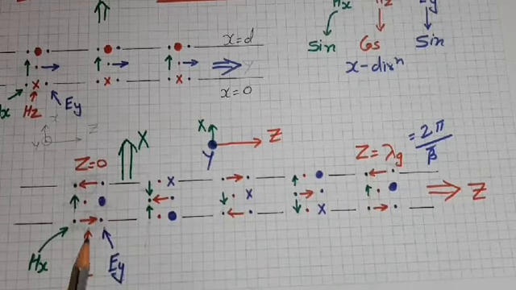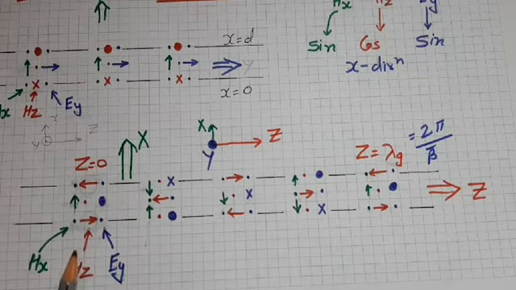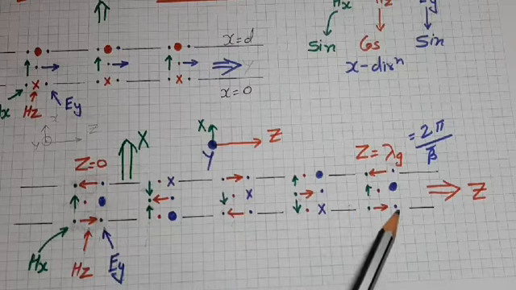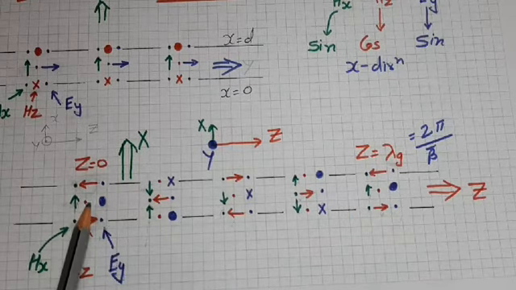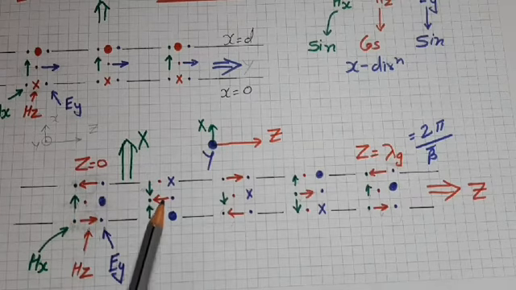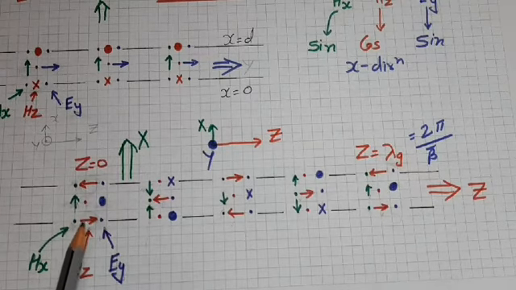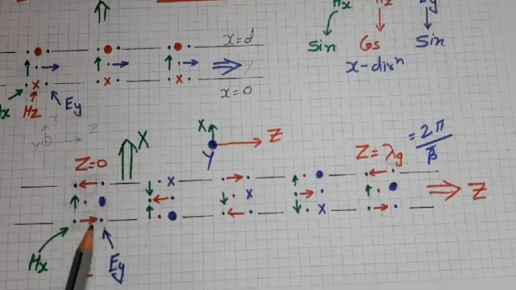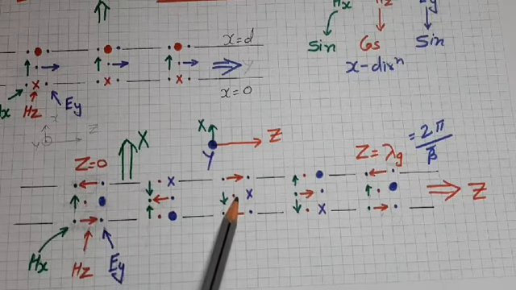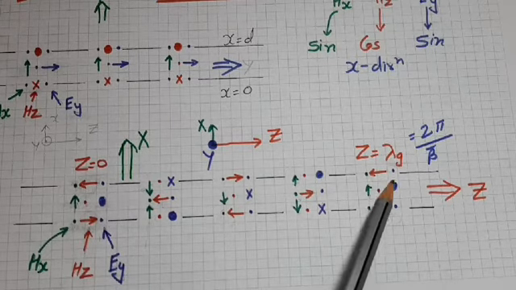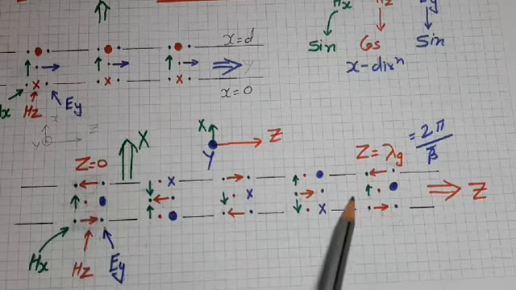Similarly, we can plot sinusoidal variation for Hz in z direction. Positive max, 0, negative max, 0, again positive max. This is complete one cycle. For x is equal to d by 2, 0, then negative max. Why negative max? Start from x is equal to 0 and z is equal to 0. It is positive max, then 0, then negative max. After negative max, 0, positive max, then again 0. So this is also one complete cycle variation.